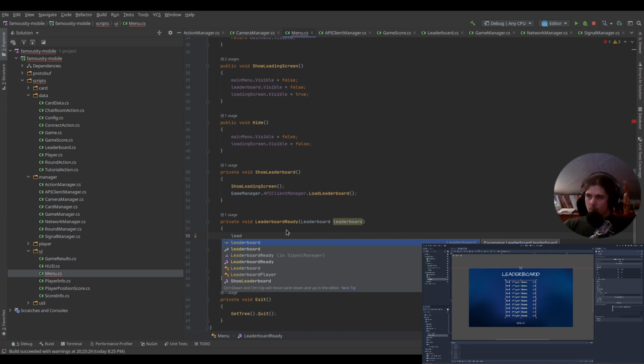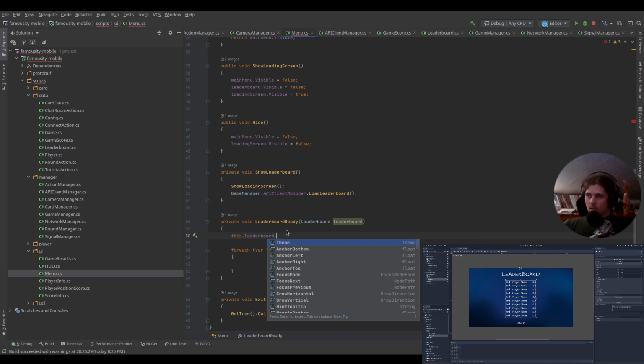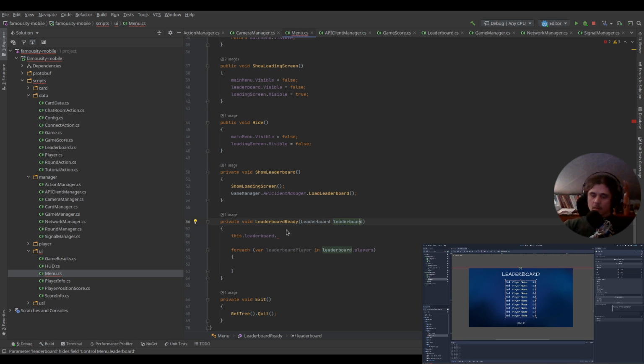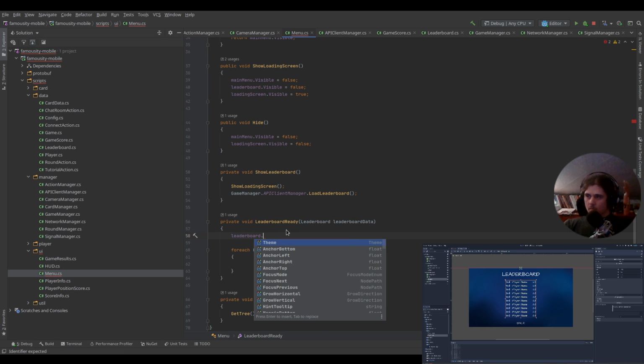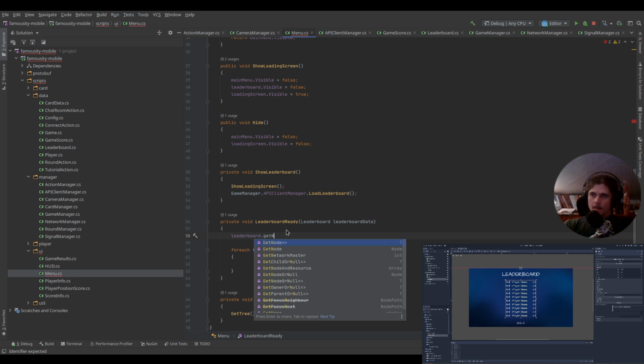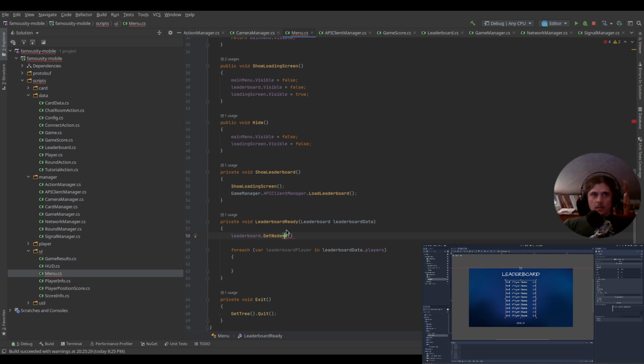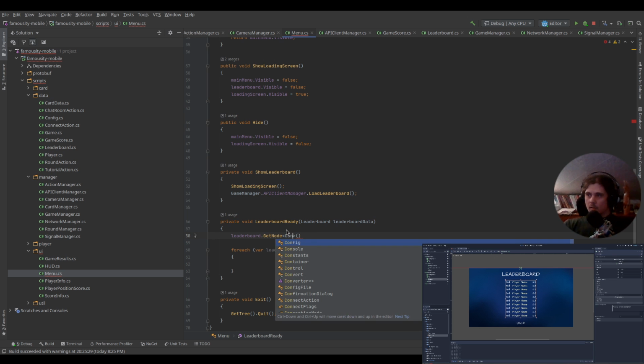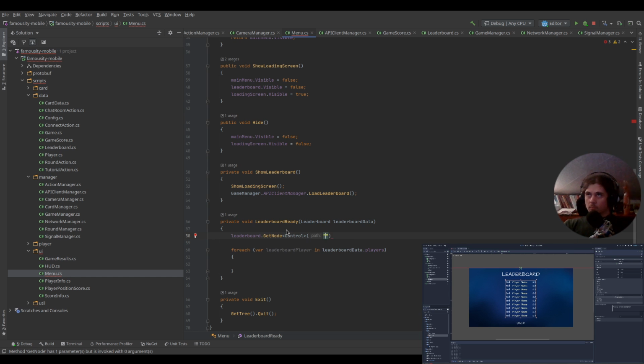So leaderboard, let's call this one data so it's not confusing. Leaderboard get node, and leaders, so this is going to be control, leaders,